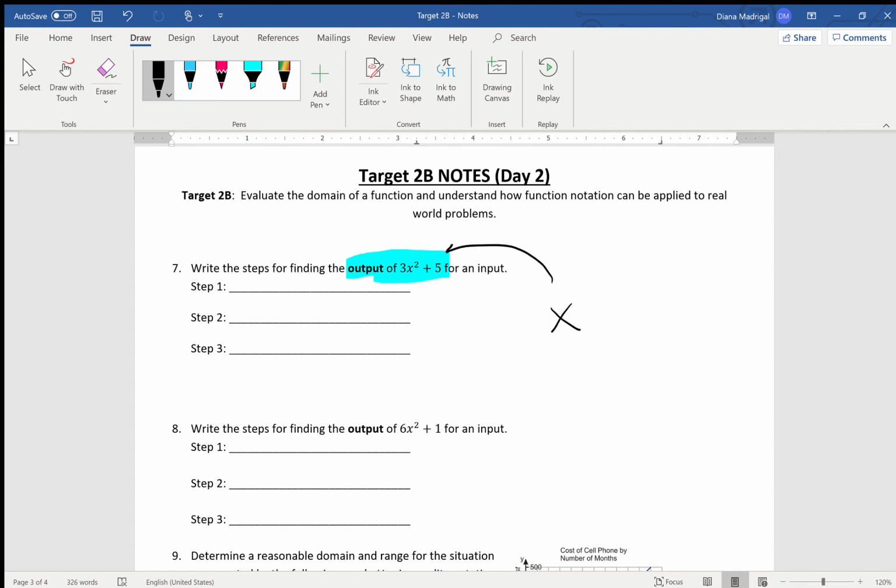So then your answer could look like this, okay? Remember, we have a square, so that means that will always be your first step. You need to square, okay? So that's my first step, square. Next, you always go with what's closer to the x. What's closer to the x is this 3. That means that you're multiplying. Remember, when we have a number with a variable, 3x, it means 3 times x. So if we have 3x squared, that means that the x squared is multiplying with a 3. So step 2 is multiply